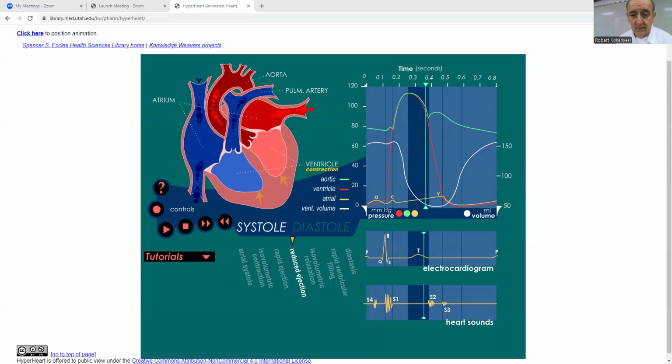Please ignore this slide. This is a mostly clinically relevant situation. We're not going to deal with afterload. And so we discovered that stroke volume can be regulated, can be increased if you want increased cardiac output. And of course, from experience, you know that when your pulse goes up, your heart rate goes up, your cardiac